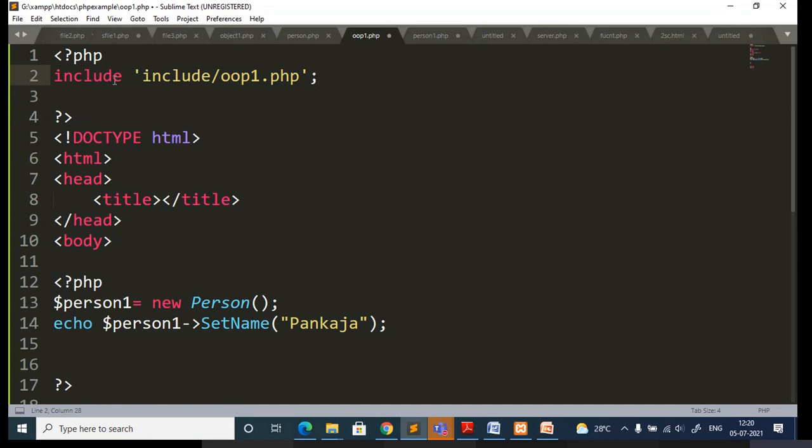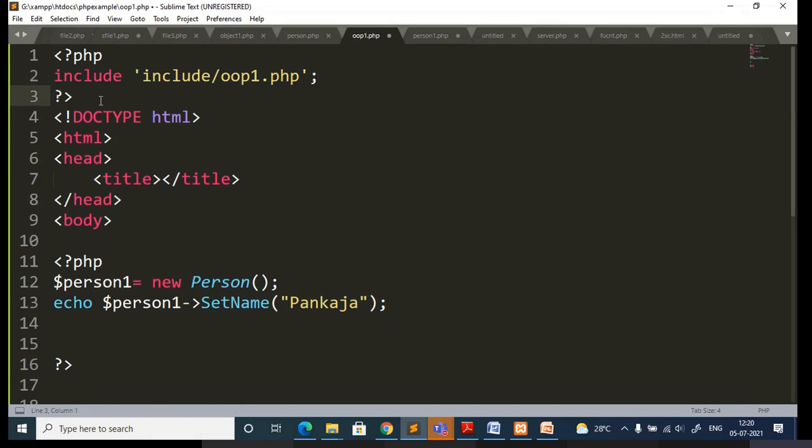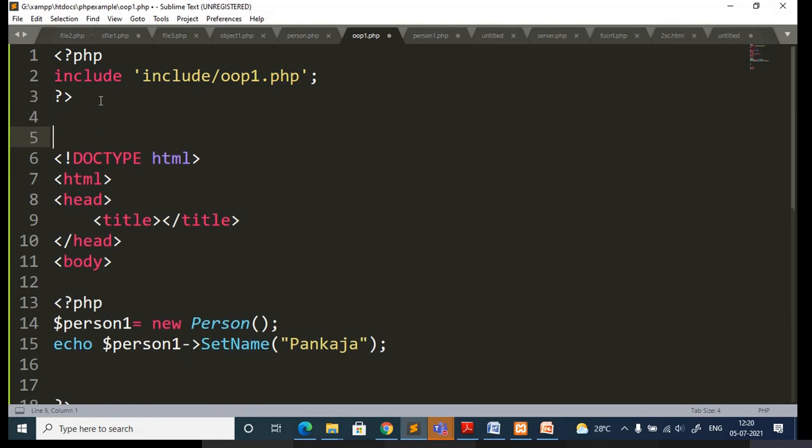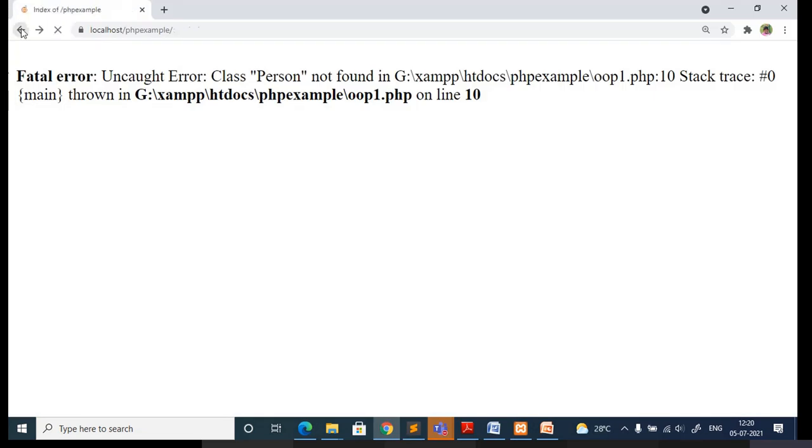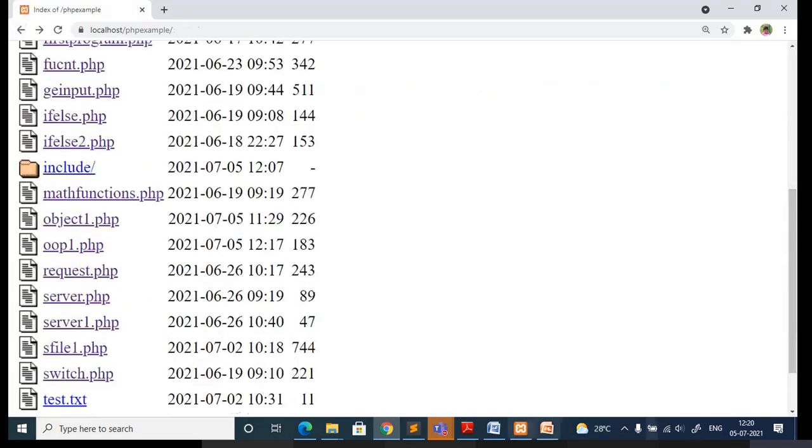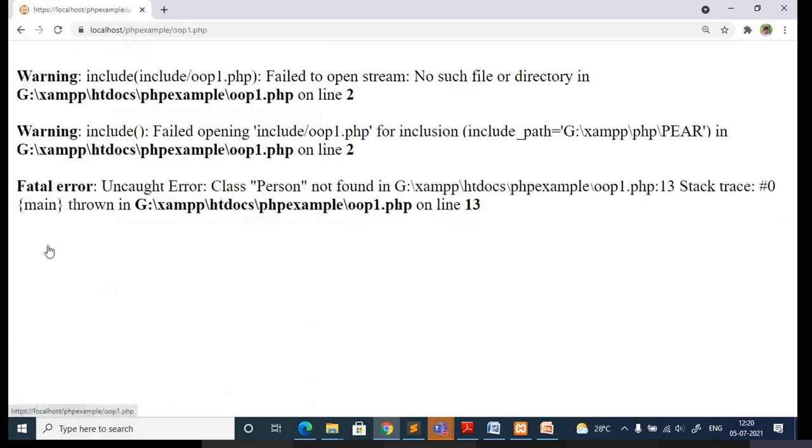This is how you can include the external file in this PHP file. So now let's try to refresh. Here it is giving some set of errors, that is a warning, but still the error is not cleared. Person not found.